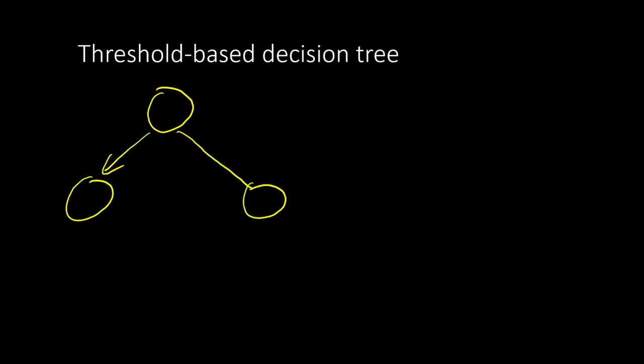Let's look at a special type of cascade classifier called a binary decision tree, and the structure of the tree is quite simple. At each node we will make a binary decision about whether a particular feature is greater than or less than a particular threshold. That's all we will do. What we mean by that is, let's say we have a tree structure, and this tree structure goes like this.